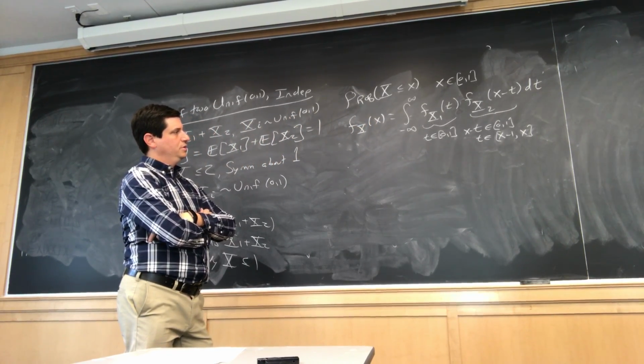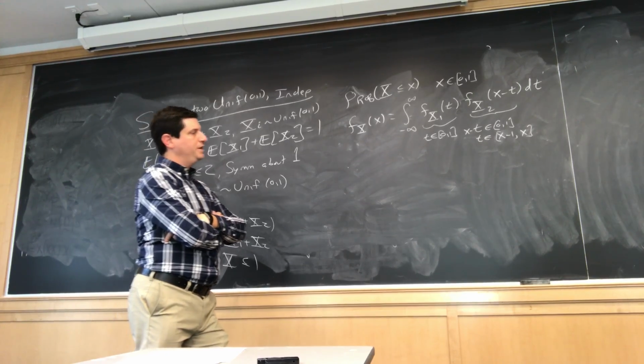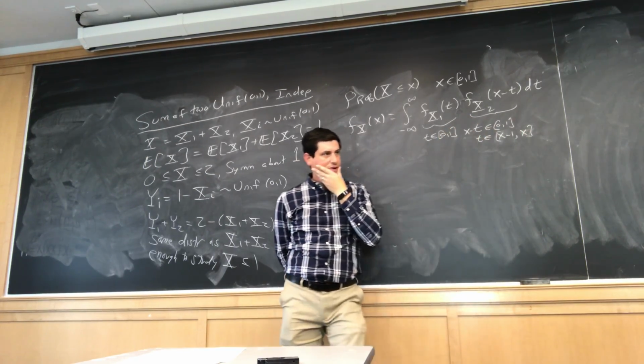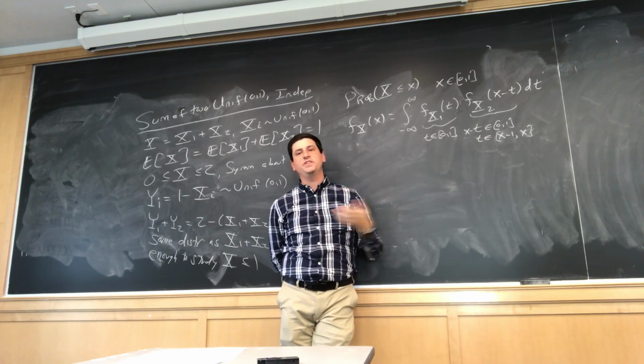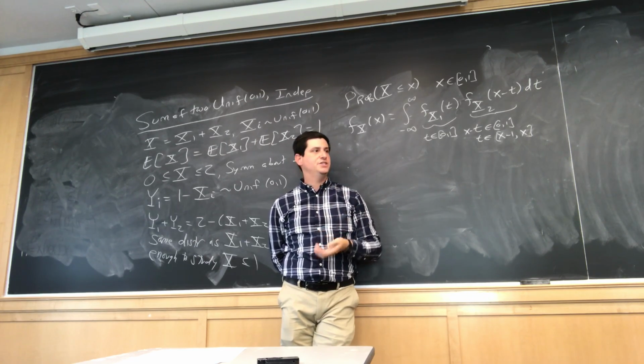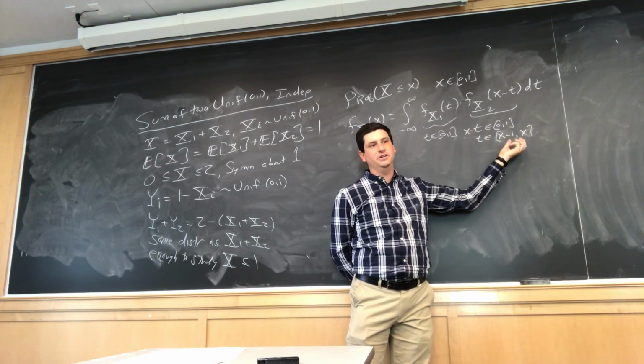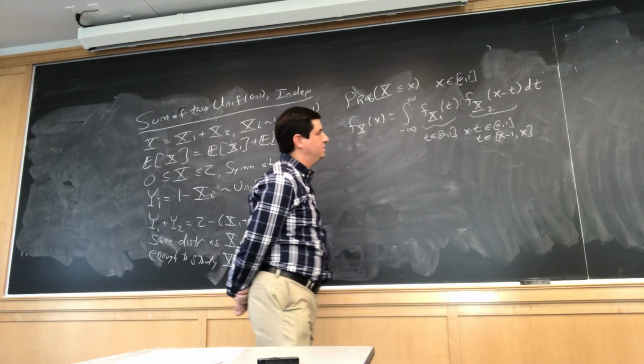So if t is equal to x minus 1, then I get 1. If t is x, I get 0. And now you can see why we want to break things up based on whether or not x is greater than 1 or less than 1, because that's going to change how things are here. Since we're assuming x is less than 1,